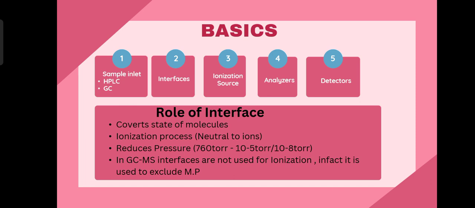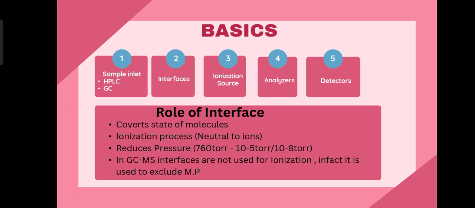Now once the components are separated by these systems called HPLC and GC, these separated components are allowed to pass through MS. Why so? Because the components which are separated by such chromatographic techniques, we are unable to identify their structure, molecular formula and molecular weight. So in order to identify the molecular weight and elucidate the structure, the MS is used.